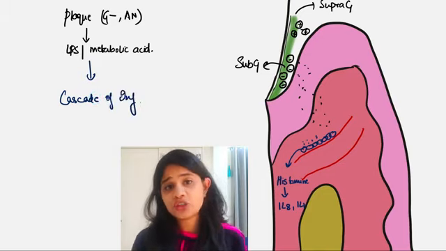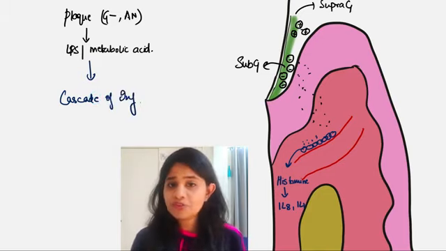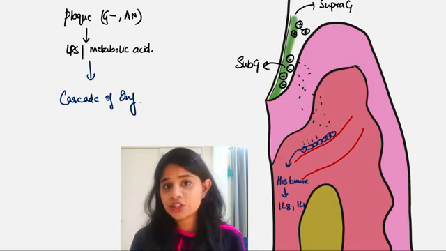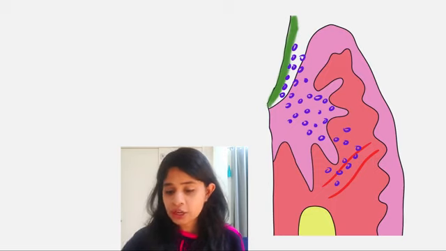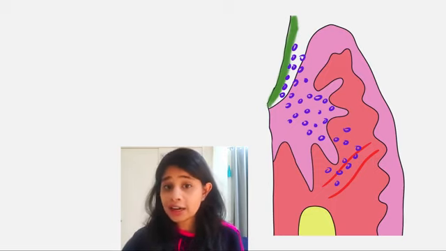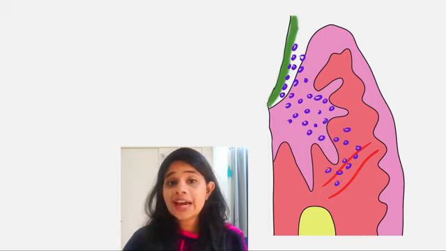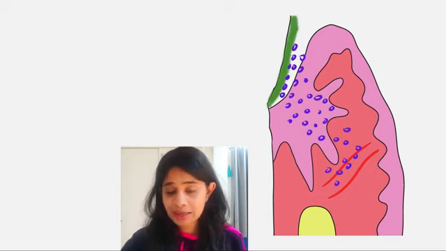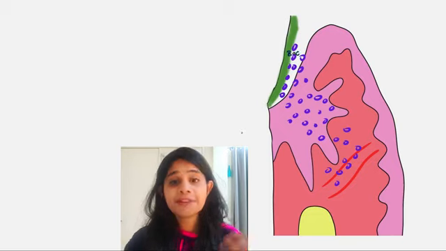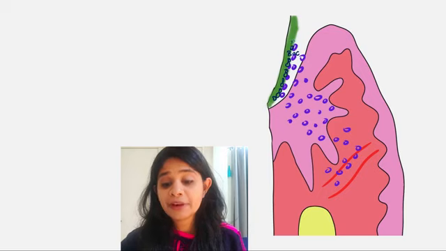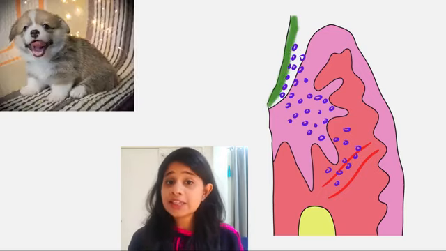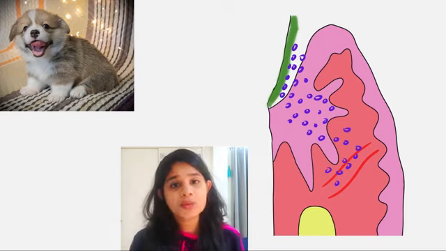The steps of inflammation will be discussed in some other video, but for now just remember, one of the most important cells that get activated during inflammation are the neutrophils. Here, as you can see, the neutrophils are activated and they get recruited. They undergo chemotaxis, that is the active movement towards a chemical gradient, which in our case is our bacteria. And they facilitate the killing of the bacteria in the gingival sulcus and prevent the further progression of the disease. Now this is proved by an experimental study which was done on dogs.